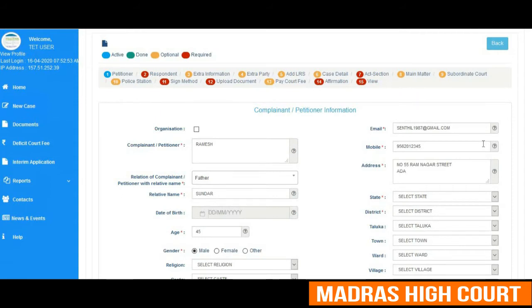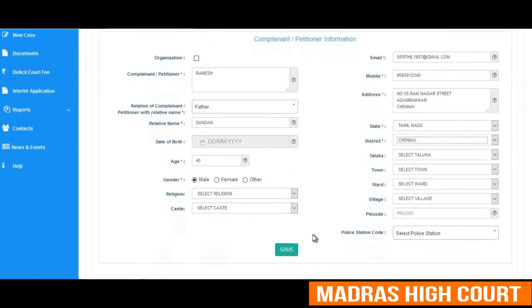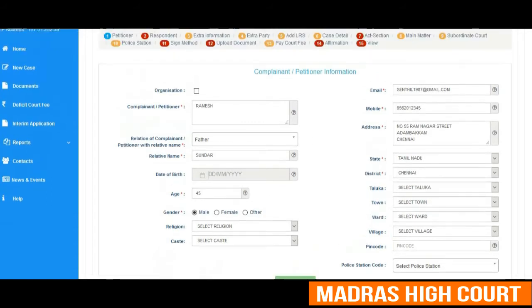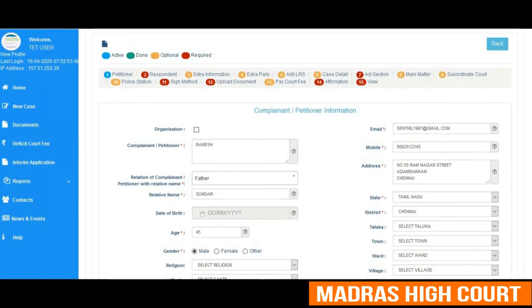One can see now the address is being typed and the state has been selected with the district, and once complainant information has been completed, we have to save it. The system will save the information as and when it is being updated. Now you can see that the petitioner detail has been successfully updated.